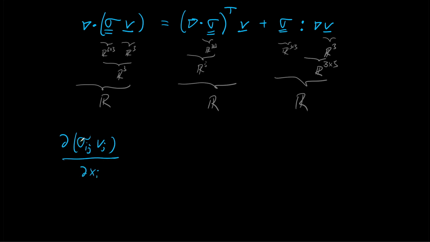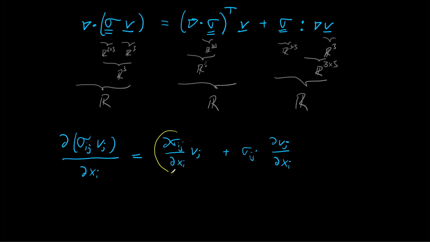So we get an Einstein summation convention by the matrix vector product summation over j, and then also with summation over i by the indices, and then here we would also have a contraction down to a scalar. Then in index notation it's rather straightforward, so we will first get the derivative on sigma, which would be the derivative of sigma_ij with respect to x_i multiplied with v_j, plus sigma_ij multiplied with the derivative of v_j with respect to